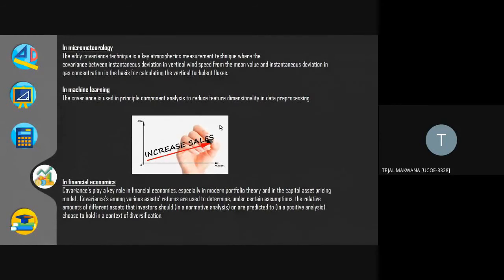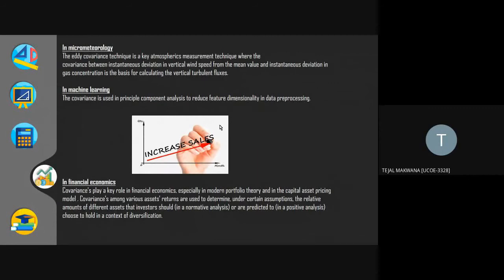In financial economics, the study in marketing research analysis suggested that there is a strong relation between high willingness to undertake risk and strong performance in the stock market. This basically means that people who are more risk taking do well in the stock market. For example, if a company makes a profit, the price of their shares increases, and the revenue earned is more. Then the company graph shows the positive covariance.